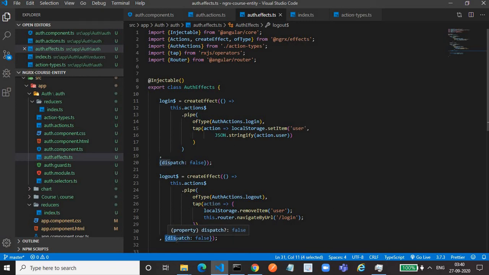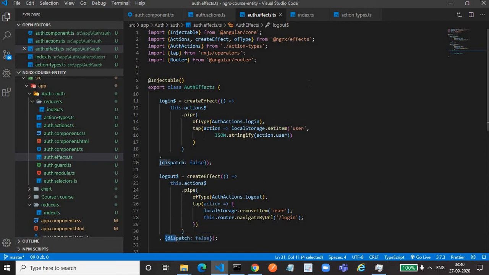And then we also have to create an instance of Actions, which we have to import from @ngrx/effects. Then the ofType operator is used for mapping the effect with the action. Okay, so in this way we can create the effect. An effect is a middleware: once an action is dispatched from the component, it will be received by the effect. Once everything is completed in the effect, then it will go to the reducer.